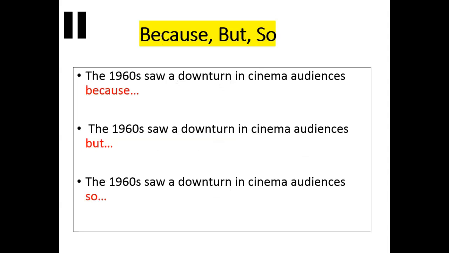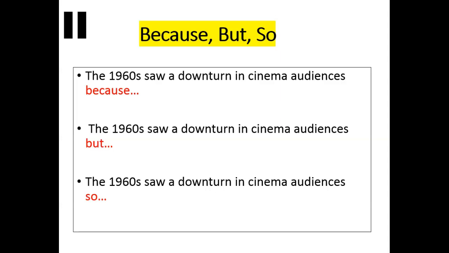Once you've done your wider reading, a really good thing to begin to practice is thinking about how you would write about this information. How could you apply what you've now learned in a way that shows your knowledge, but is also making a point about Disney and Disney's success during this time? And one way to practice that is to use different sentence endings. We use this quite a lot in English and media: the because, but, so. I would encourage you to try this out. That's the first step, really.